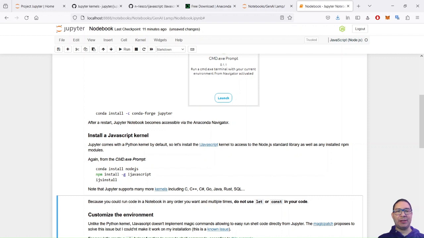First we install Node.js, because the JavaScript kernel runs on Node.js, so we need the Node.js execution environment. And then with npm, because we are on Node, we can now run the installation of the JavaScript kernel, and then launch the installation process itself. As soon as it's done, the JavaScript kernel is available.